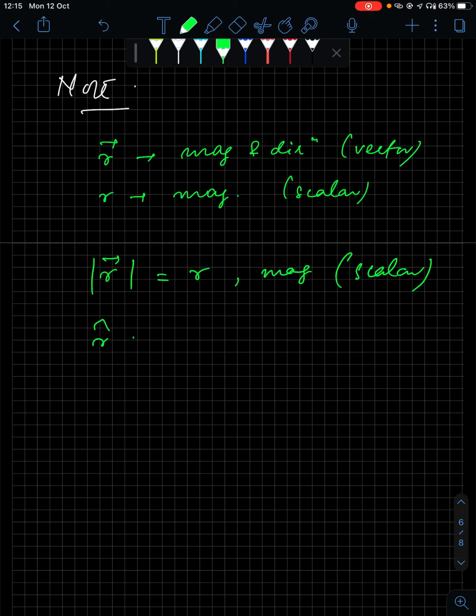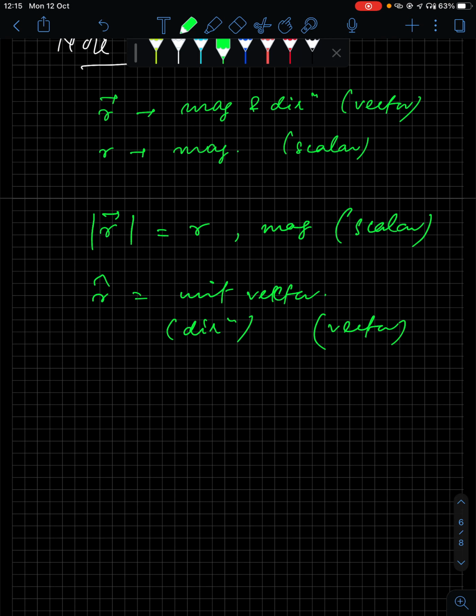Now we come to the unit vector. What is a unit vector particularly? You will study the definition in the next chapter, motion in a plane. As of now, just know that the magnitude of a unit vector is always 1. It doesn't affect the value of the physical quantity when you associate a unit vector with it. It just tells you about the direction. It doesn't affect the magnitude. Therefore it is a vector quantity. So that is a unit vector.